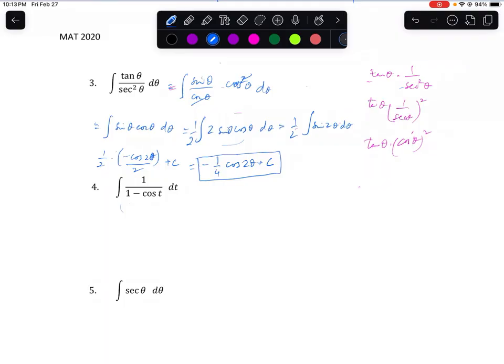So what do I need to do for that? I will have to multiply top and bottom by 1 plus cosine t. So that integral 1 plus cosine t divided by 1 minus cosine square t,